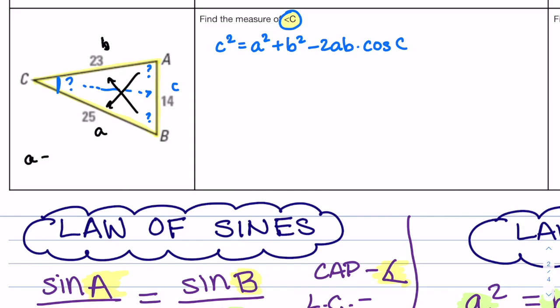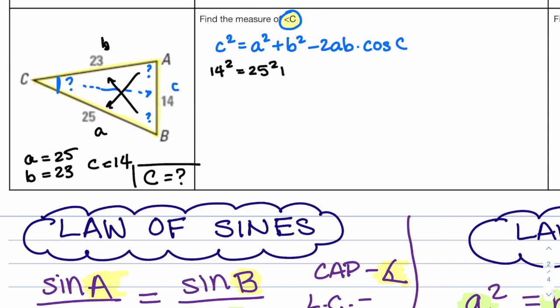So I know that little a is 25, little b is 23, little c is 14, and I want to know capital C. Okay, so let's plug it in. So this will be 14 squared is equal to 25 squared plus 23 squared minus 2 times 25 times 23 cosine